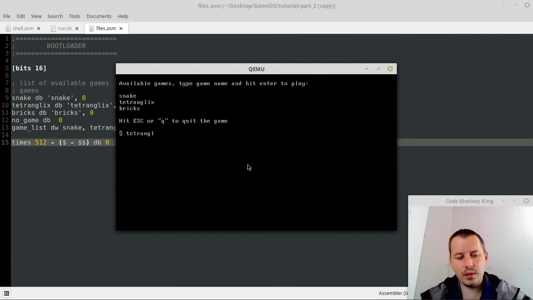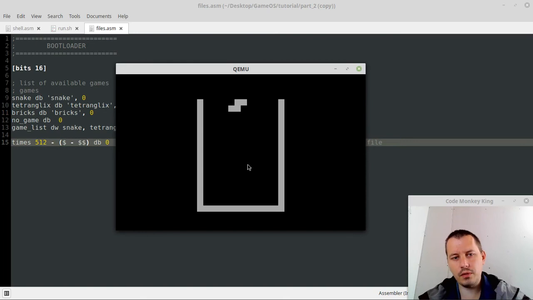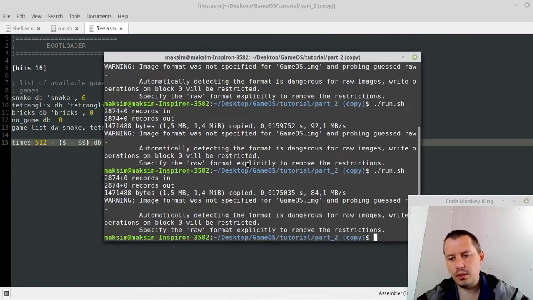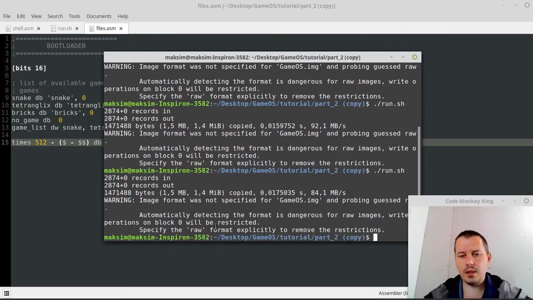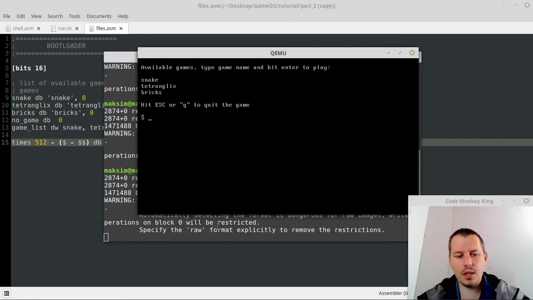Now let's play the Tetris that I've already been demonstrating. Okay, so we can play Tetris. Well, here unfortunately I didn't yet modify the code, so we actually can't escape from here. So I just need to reset the stuff. All right, and another game is